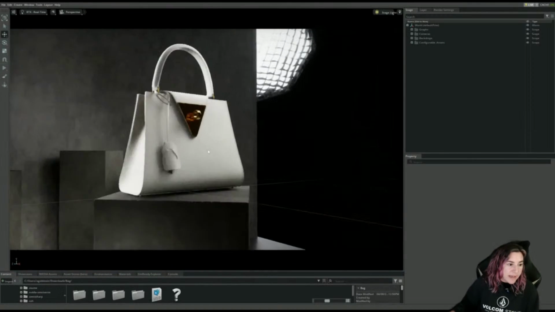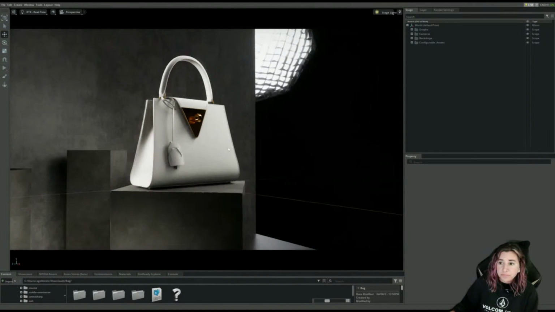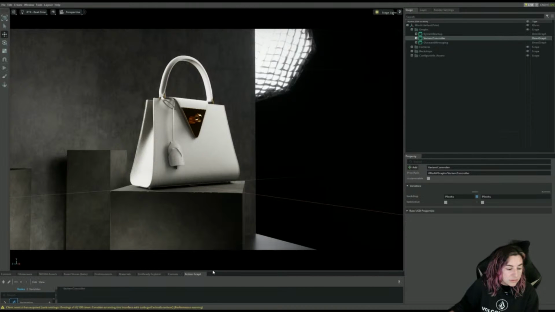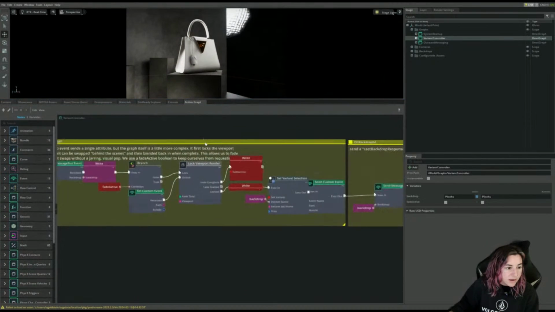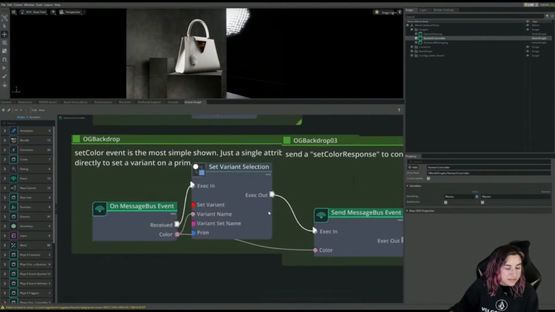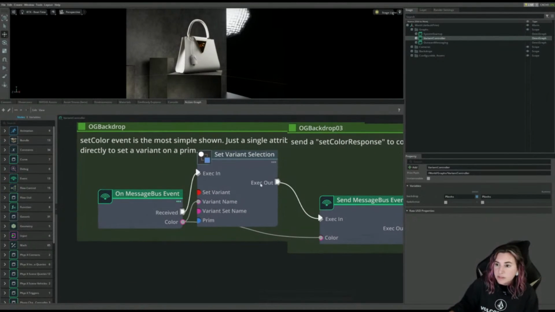All right, so this is the bag. This is what we showed at GTC. It has the graphs already set up. So if we go to OpenGraph, I already have all of it ready to go. The message bus is already set up. So you could look at this and be like, okay, cool, I don't need to know anymore, and then run the streaming application, which